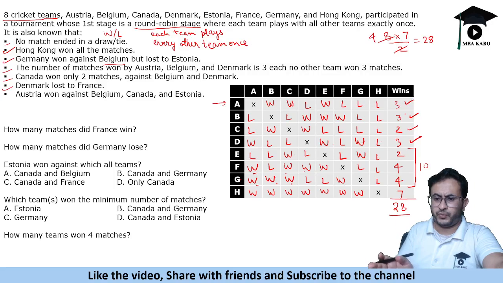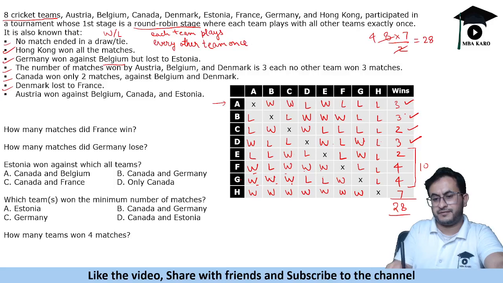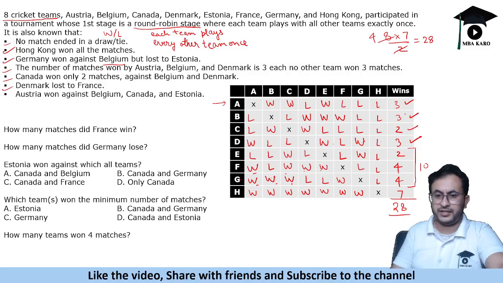You can have a quick look at the table and see that the total wins are as per the condition. Okay, and if you match 3 wins, 3 wins, 1, 2 wins. Okay, 1, 2, 3 wins, 2 wins, 4 wins, 4 wins and 7 wins. So the total adds up to 28. So if you see the table horizontally and vertically, you will see that it is the